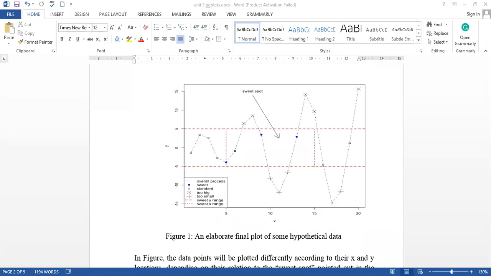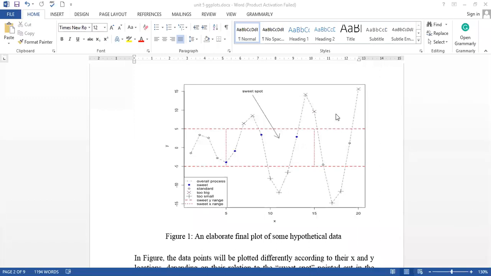Initially, when you want to draw a particular plot like this, in which there are lots of identifications, you have to draw a canvas. Canvas means you only give an x dimension and a y dimension, and you need a plain plot in which no points and no lines are drawn before.